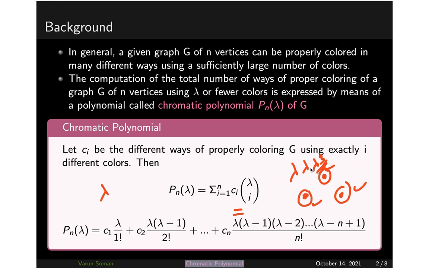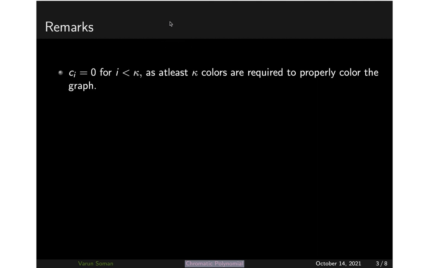Similarly, if my graph consists of just a single vertex, the chromatic polynomial will simply be lambda, because only lambda colors could be used to color it. So without using the formula itself, you can usually find the chromatic polynomial by simple application. And one more thing: suppose my graph is a triangle like this. We can also find the chromatic polynomial using other methods, but suppose I'm using the formula to find the chromatic polynomial of this graph.